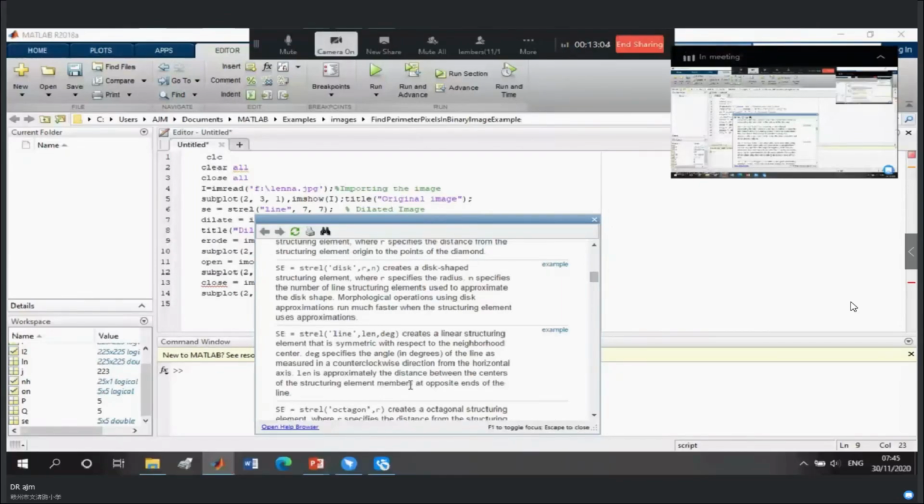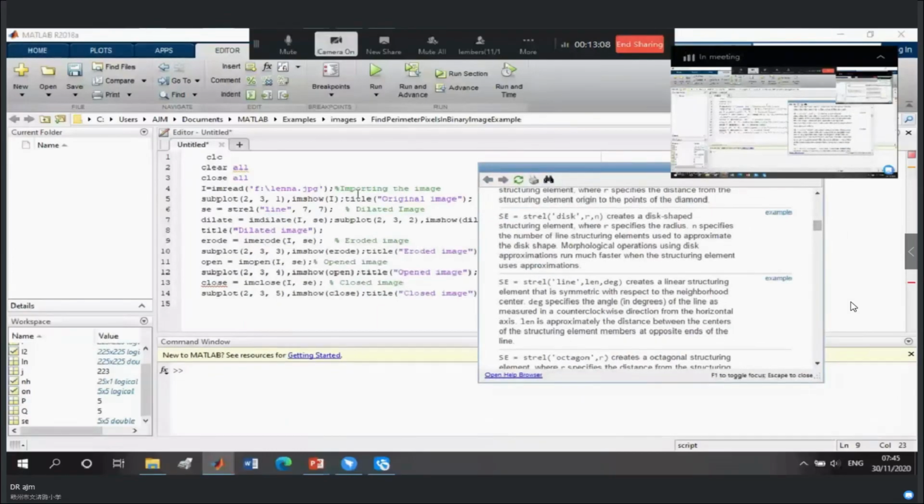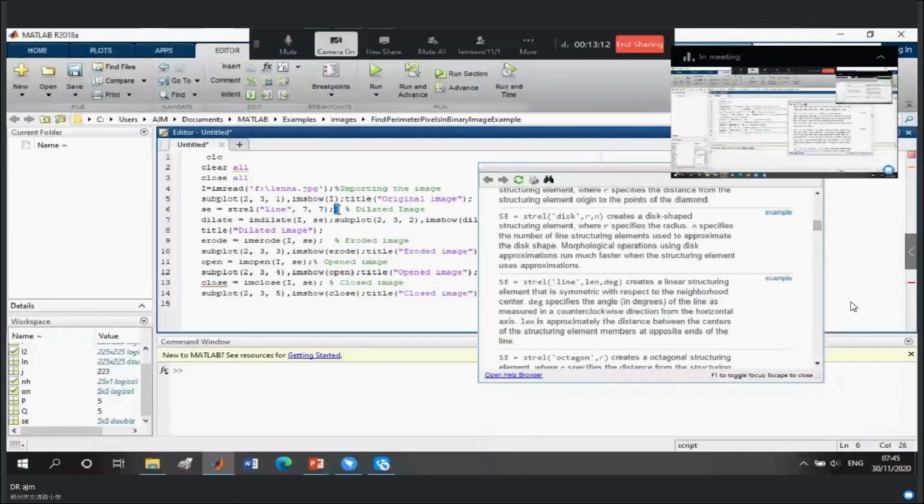Then easily you can understand what this 7 by 7 is. Then we will do the dilation at the next level here with imdilate, I and SE,